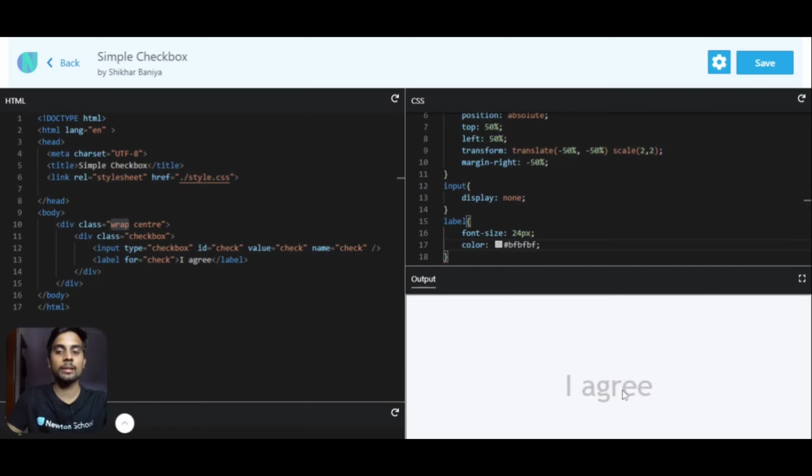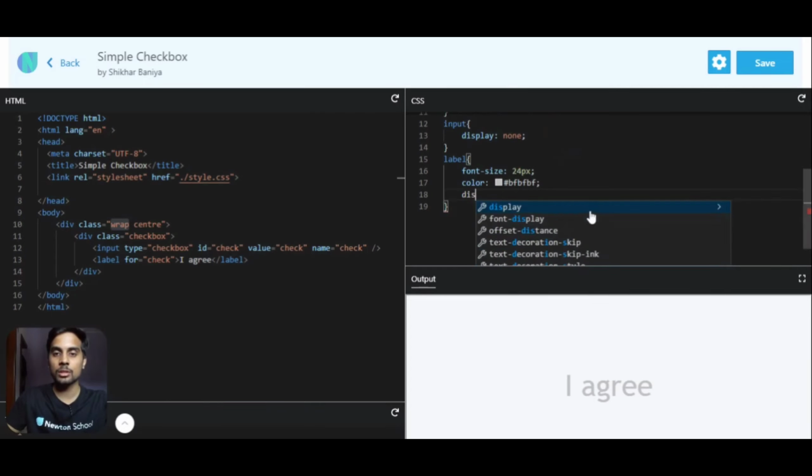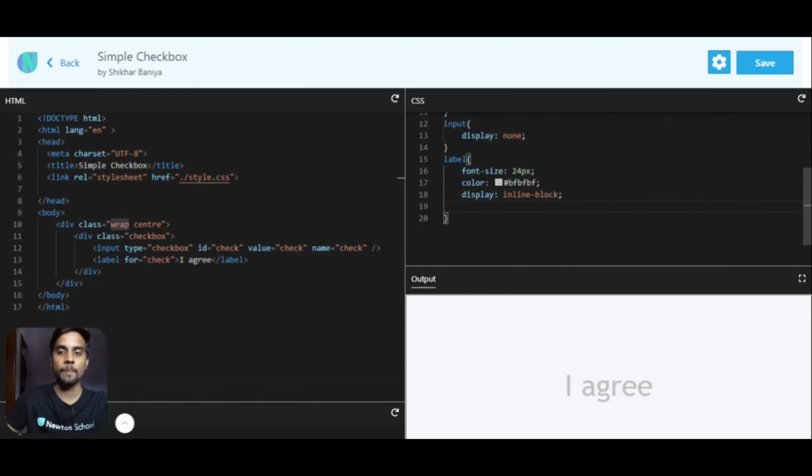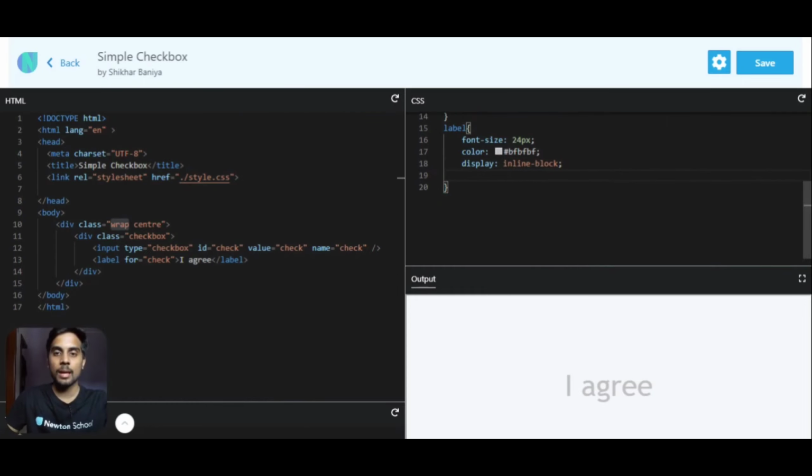So it is now a little grayish, which shows the user that it is actually disabled. Okay, you have to enable it. Let's change the display as inline block. And what do we have? Let's add some padding values. 0, 0, 0 and 1 EM.